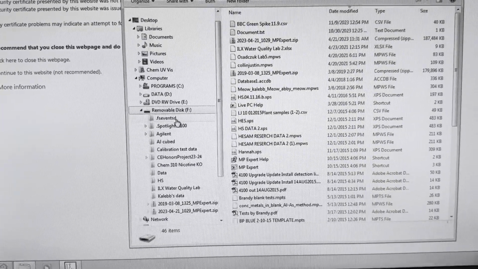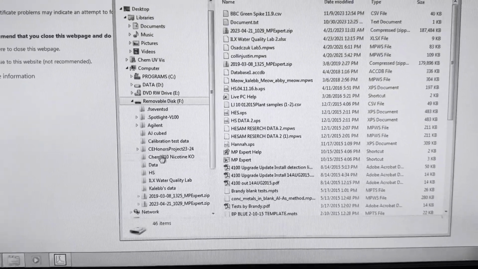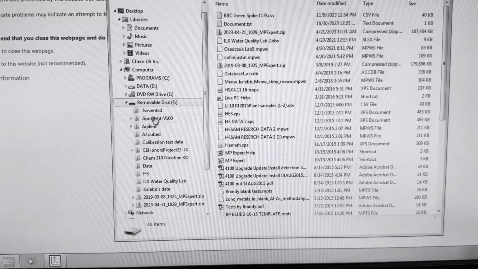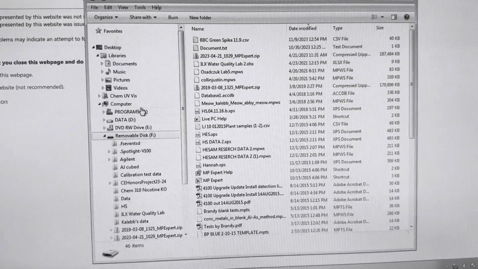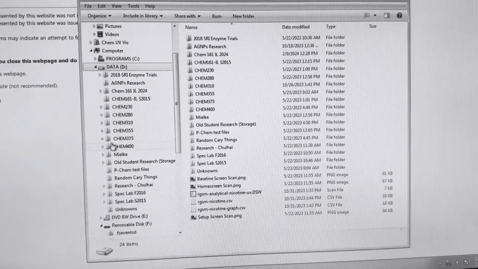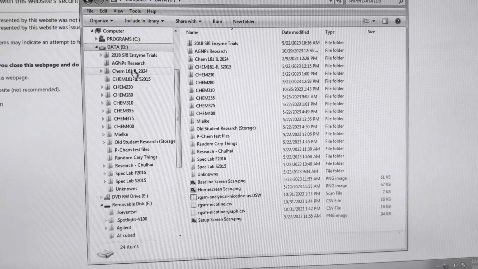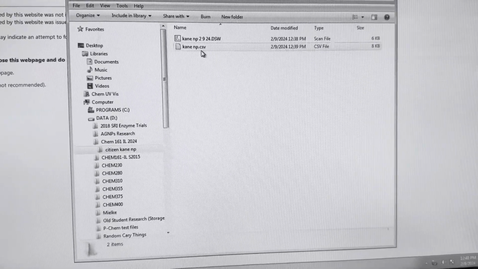So in this case, there's all sorts of different things. Now I'm going to make a folder in here, and now I'm going to go down to my file. I'm going to go to the IL, Citizen Kane Nanoparticles, and I'm going to make sure I get my